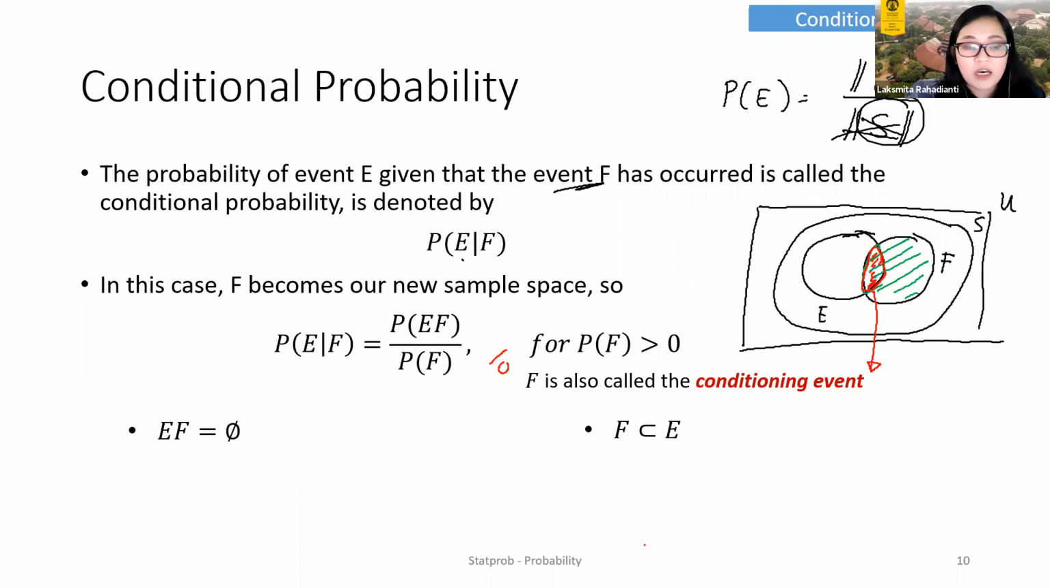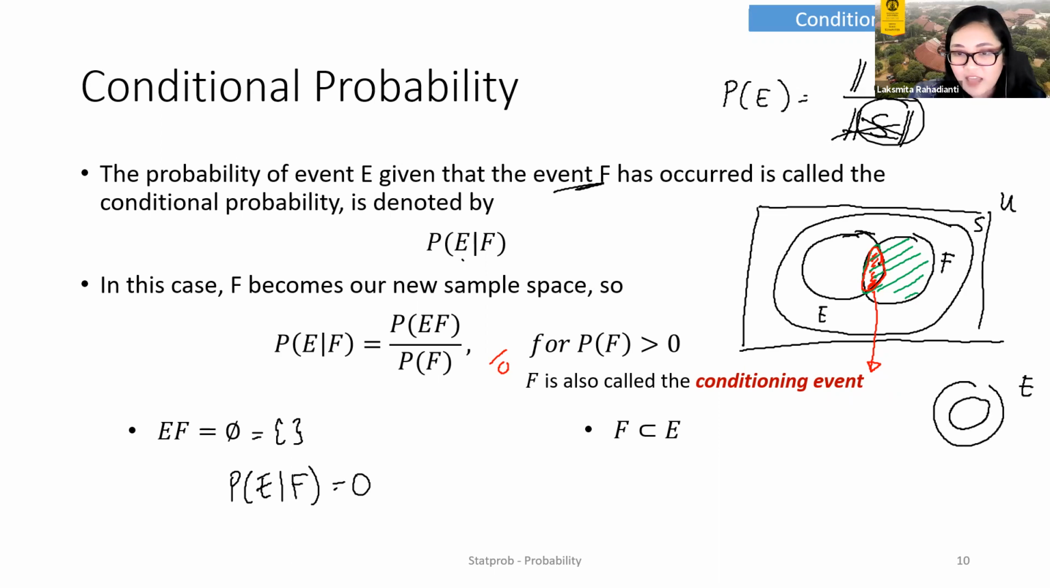If the intersection between E and F, so this middle area here, the red area in the middle here, is equal to an empty set, or we can also write it like that, then obviously the probability of EF is also 0, and thus PE given F will also be 0. And if F is actually a subset of E, so if I redrew this and E is like that